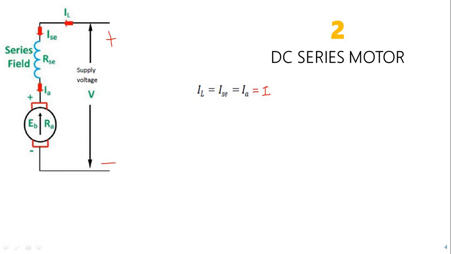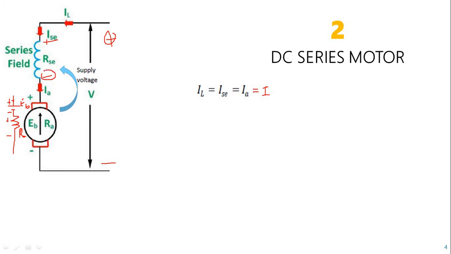So how can you get the voltage equation? Just by applying KVL. Mark the polarities, then apply KVL to get the supply voltage. This is plus and minus, and we all know the internal circuit diagram: it has a back EMF in series with the armature resistance, with plus and minus marked, the back EMF represented by EB, and it has RA. Current flows through RA from higher potential to lower potential, so downward is the direction of IA. So applying KVL,